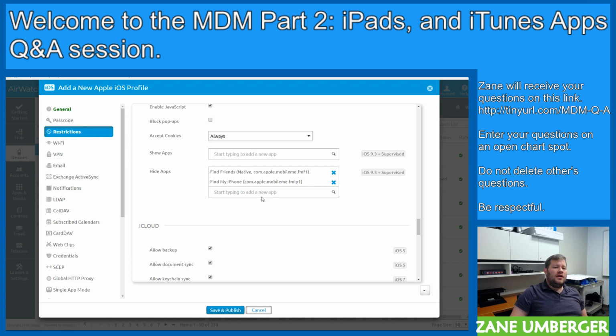Exceptions. Settings and home. Remember. Right. So at this time, I apologize. So settings can never be hidden. It's the one thing that Apple has said absolutely not. No one gets to hide settings. It is a user's right to get into the settings so they can modify Wi-Fi settings, etc. There's a handful of things that they have rights to that Apple just says no matter the circumstances, the user has those rights. And also, AirWatch does not currently support